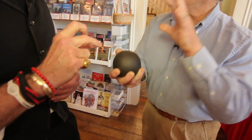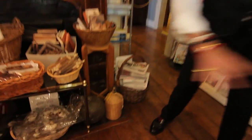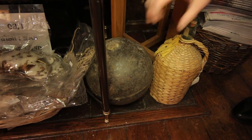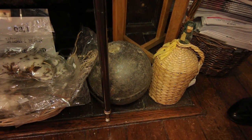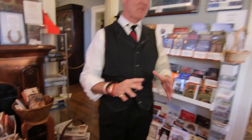So there were two types of rounds. There was this to pulverize and knock down. Yes, exactly. And then there's what's called a 10-inch mortar shell. And we're going to let you hold that one, Chuck, but this is actually about 300 pounds, and this will explode and break apart and send shrapnel flying. But bottom line, it's not fun when anything like this is coming at you, but this is what greets him